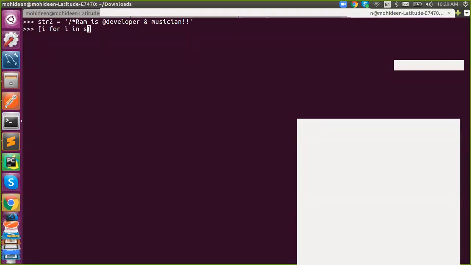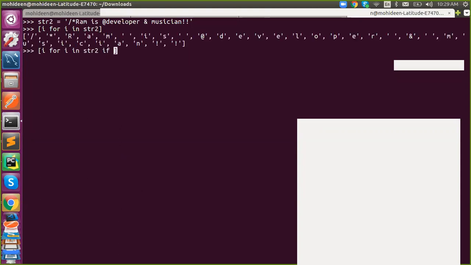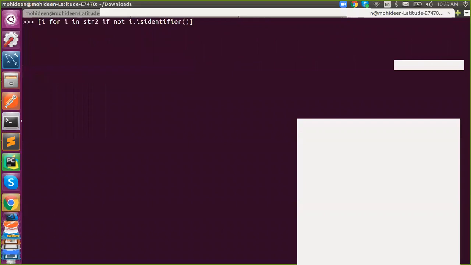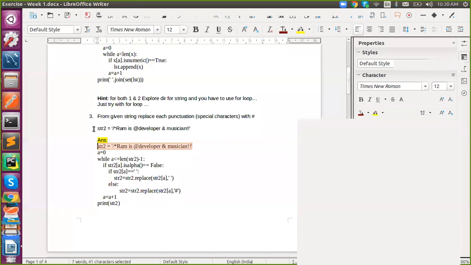For i in str2, we will get each and everything. If i is identifier, return yes, convert it into hash, hash.